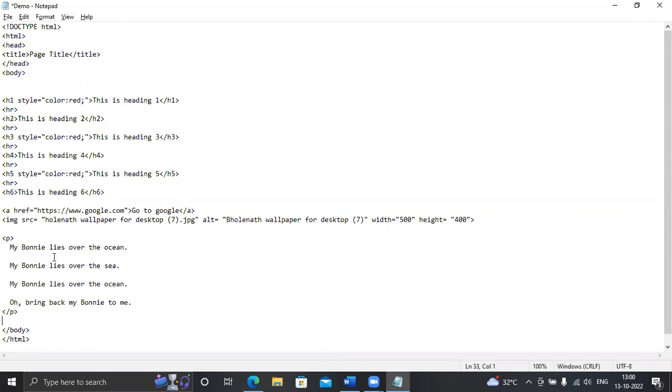Okay, my bunny lies over the ocean. My bunny lies over the sea. I have given some extra spaces between every word: my, extra spaces, bunny, extra spaces, lies, extra spaces. If I run that program, it will not display the same as what I have written in the program. Let me execute it.